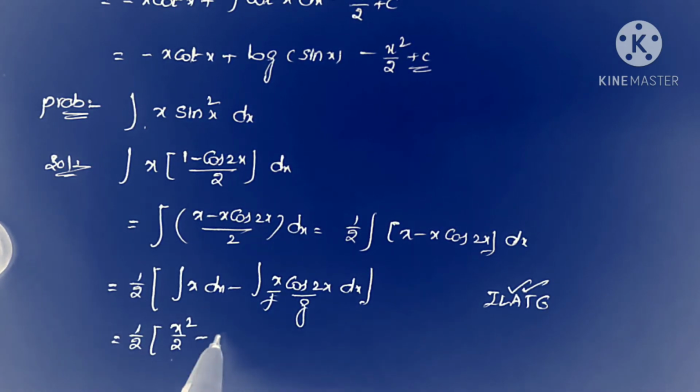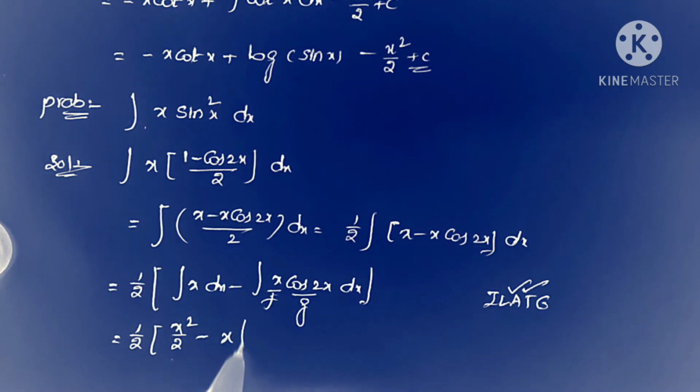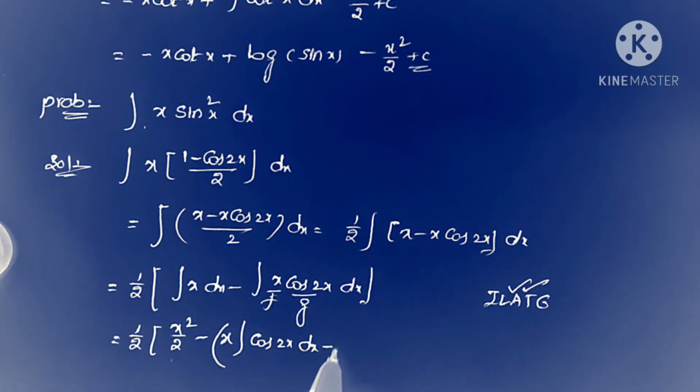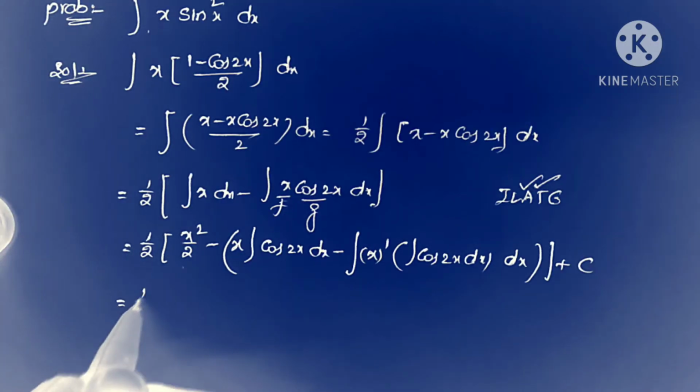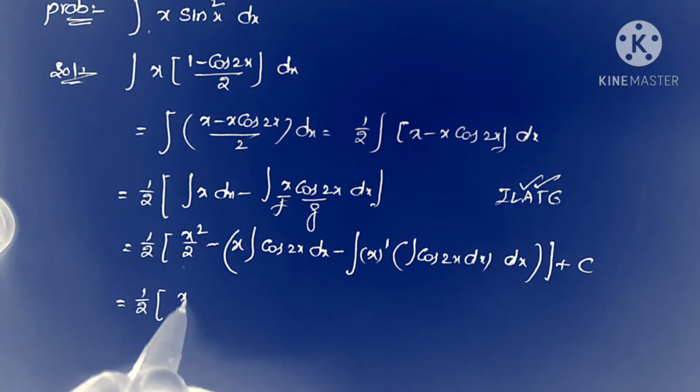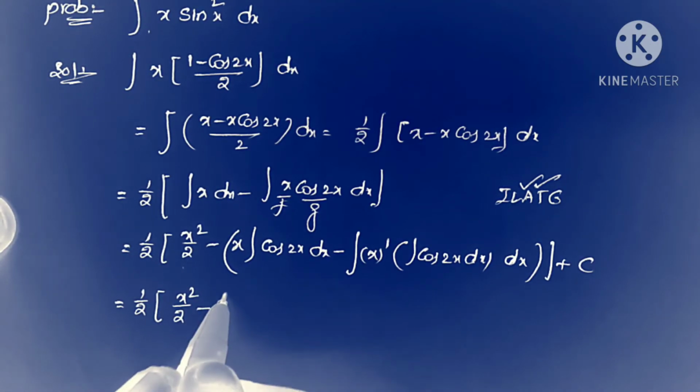We apply the same formula: f into integral g, that is f value x into integral g, integral cos 2x into dx, minus integral f dash into integral x dash into integral g dx, integral cos 2x into dx into dx, plus c. This is the formula, and this is equals to 1 by 2 into x square by 2 minus